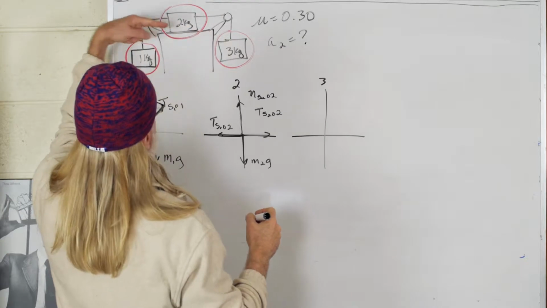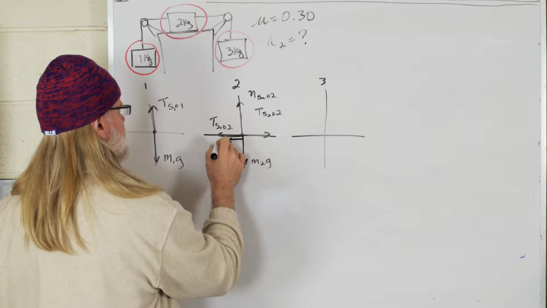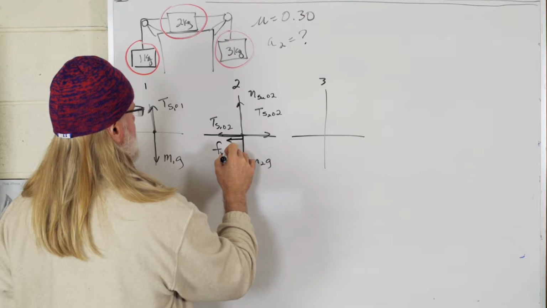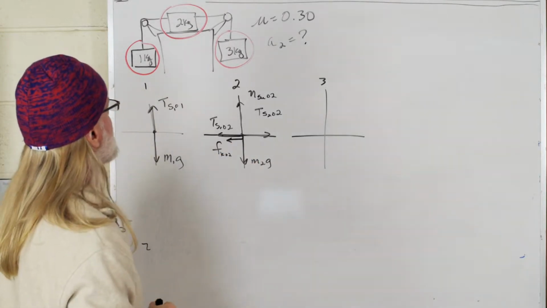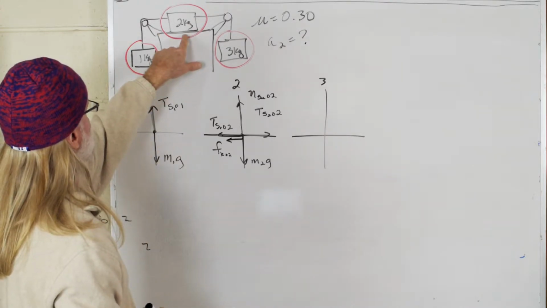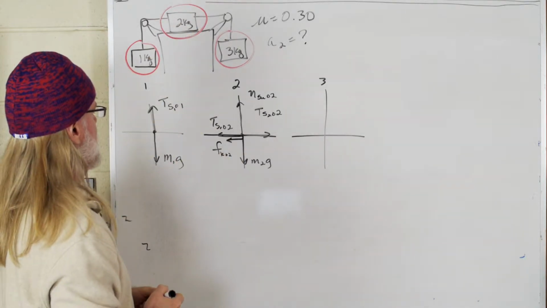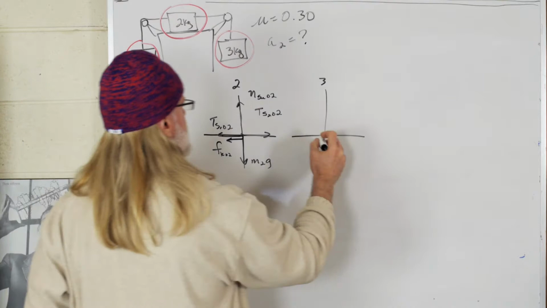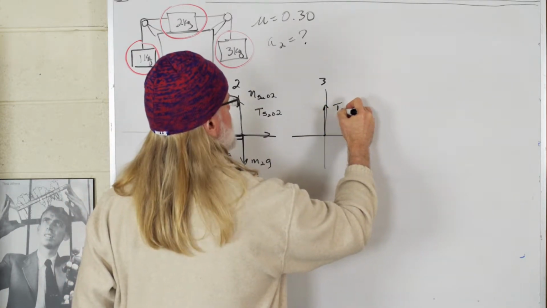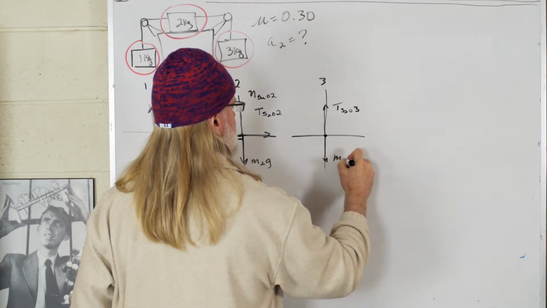If this thing's going to be accelerating this way, we also have friction, and that is going to be kinetic friction, friction kinetic on 2, that way. All right. There we go. We have two forces associated with the surface, and we have two tension forces, and we have the weight. All right, over here we have the tension of string 2 on 3, and here we have M3G,